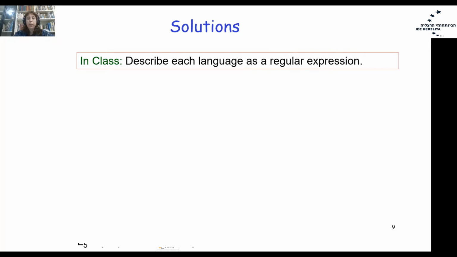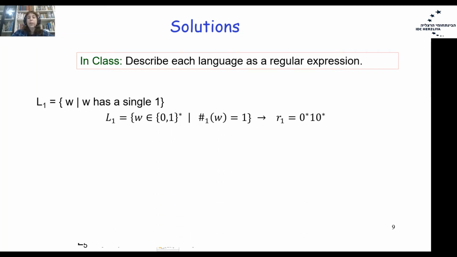Okay, so let's do our first 3 questions. I advise you to stop the lecture, try to solve these questions by yourself, and then check the solution with the class solution. The first language, L1: all the words W such that W has a single 1. I can rewrite L1 in the following form: W belongs to {0, 1} star,